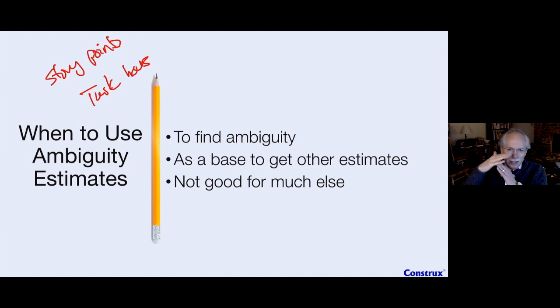And I've got to say, well, time out here. We can't use ambiguity estimates for much else. You can help them define ambiguity, but we're going to have to do some additional work. And this is where items like velocity and other things come in really handy to calibrate that into what's really more of a planning number that we could use going forward. So be careful here. You should do ambiguity estimates, because they're really handy when you're trying to work as a team on story points and task estimates, but make sure that it doesn't go beyond being just for ambiguity.